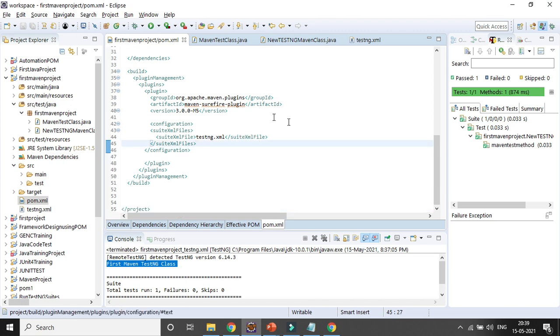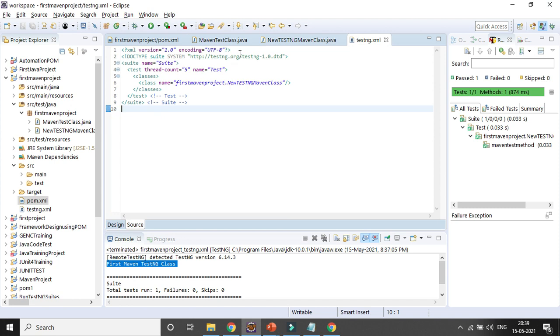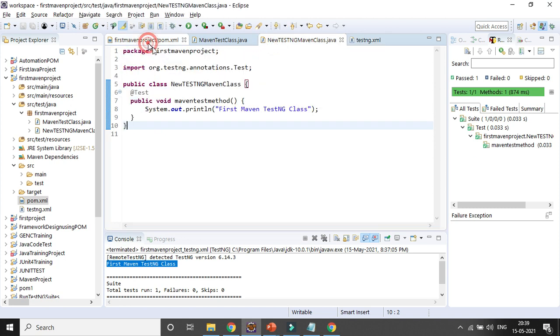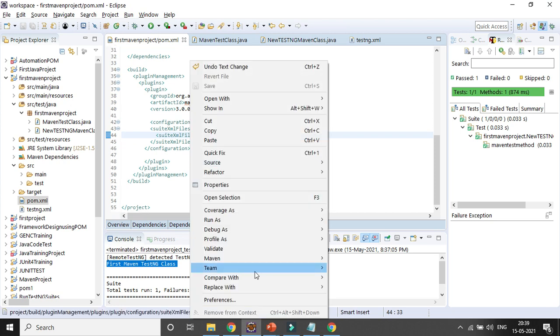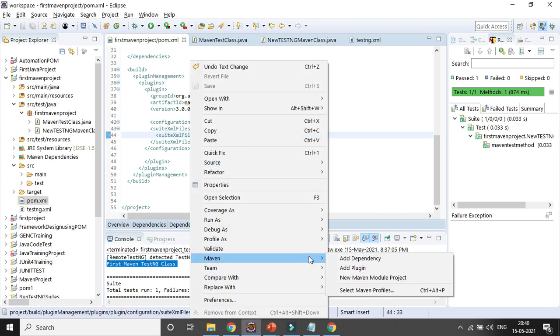It will take some time. And now after that, let's try to run it, so that from the testng.xml reference it will run your class. With the help of the reference, that class will run, right? So you can first clean.